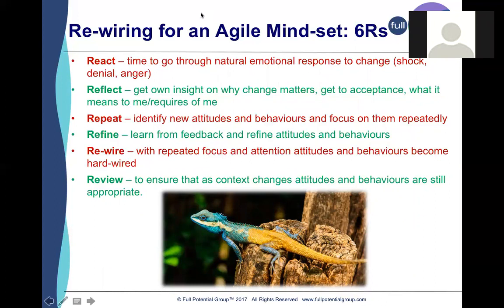of you. And then once you've understood what it requires of you in terms of maybe shifting behavior, shifting an attitude, then neuroscience has shown us that if we repeat that new attitude, that new behavior over and over again, and each time we do it, notice the response and refine our behavior and our reaction, then we start to create a new neural pathway. That can take time, it takes patience, but ultimately a new neural pathway will be recreated, and you'll actually be rewiring your brain to be in tune with how you're required to behave, what the change requires of you.